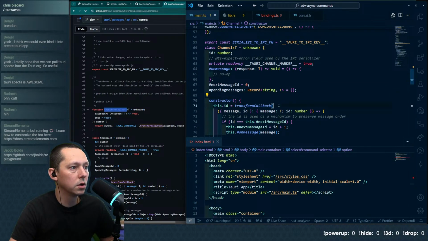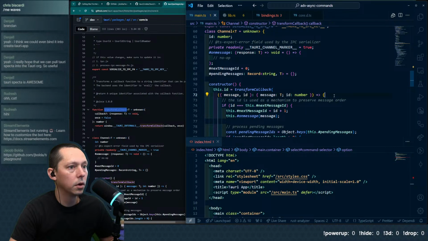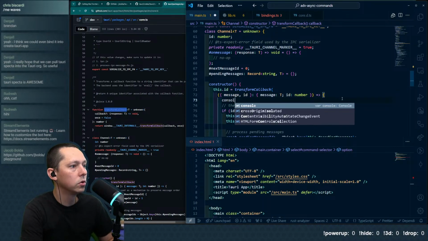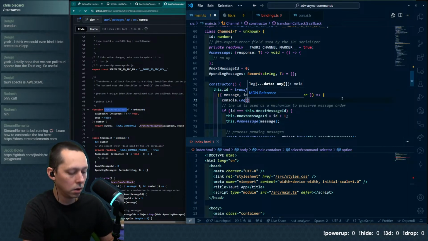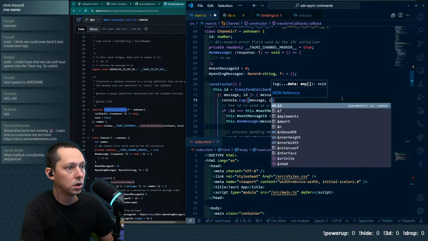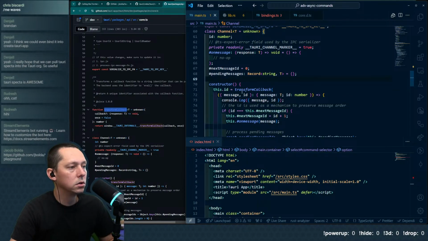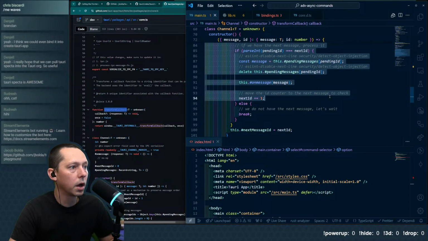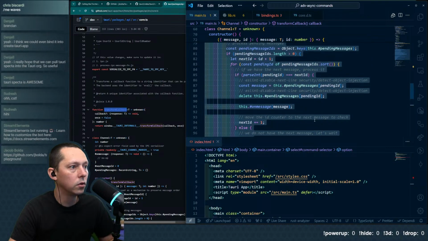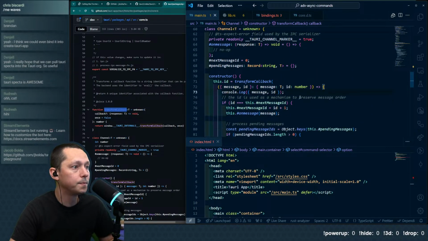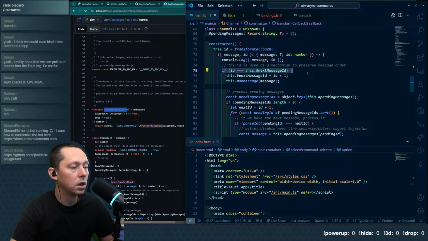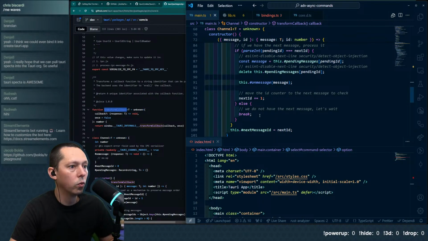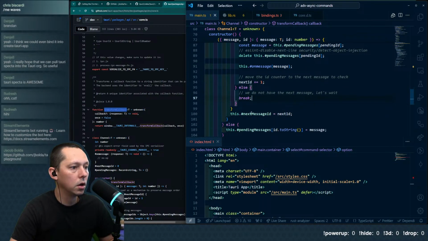So here this will give us the callback, and let us do a console.log with a message and an ID, and we'll see. This constructor is going to happen once. This callback handler I think is going to be fired off multiple times. And I think part of the reason is once they don't have any more messages, it keeps advancing.